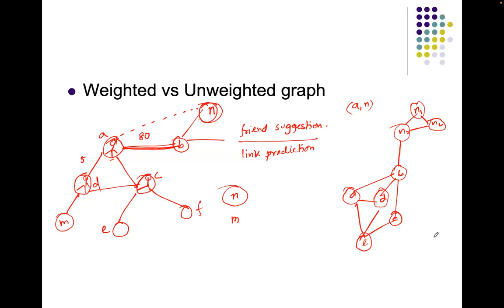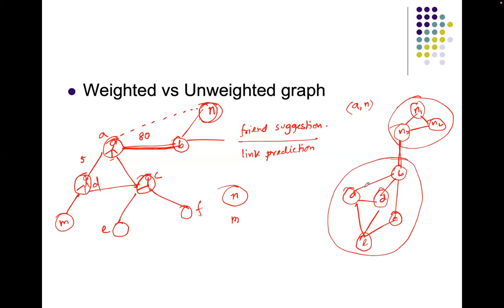From this graph, we can see that we can find one community here and another community here, and there is a weak tie between this community and that community. So if the problem says that you have a network, like a friendship or social network, and you have to find some closely tied communities,